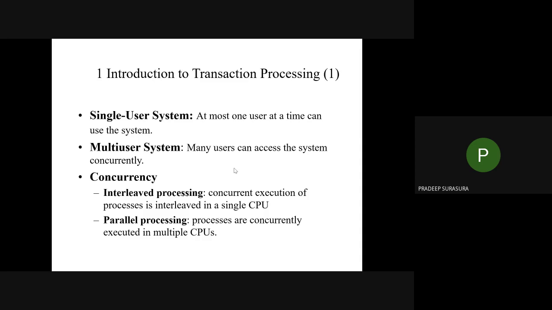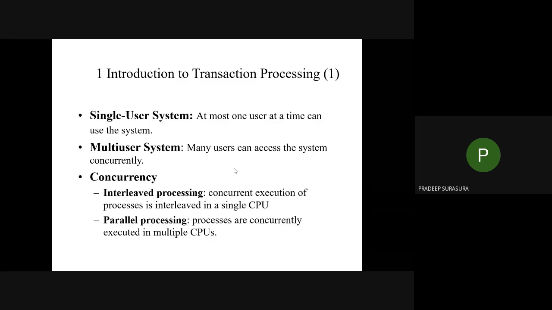But when you observe systems running simultaneously, like all the ATMs simultaneously accessing, all the ATM machines are running simultaneously, all running with different processes. That is called concurrent execution or interleaved processing. So simultaneous execution of multiple transactions for a particular bank or a particular branch, all that is called interleaved processing.